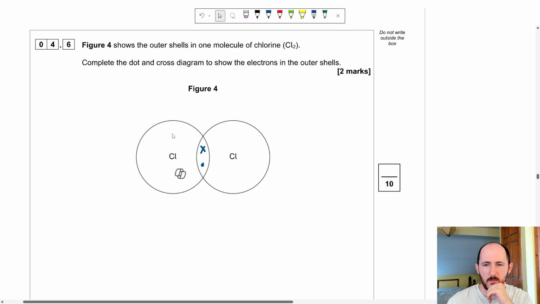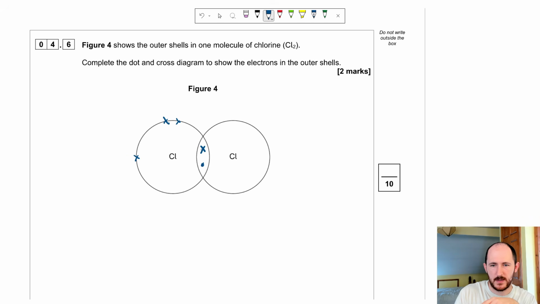Perfect. Now, how many more electrons do we need? Well, there's 7 in the outer shell. So the one on the left, I'm going to say this one is the one with the crosses. It's going to have 6 more. So 1, 2, 3, 4, 5, 6. The one on the right should also have 2, 3, 4, 5,